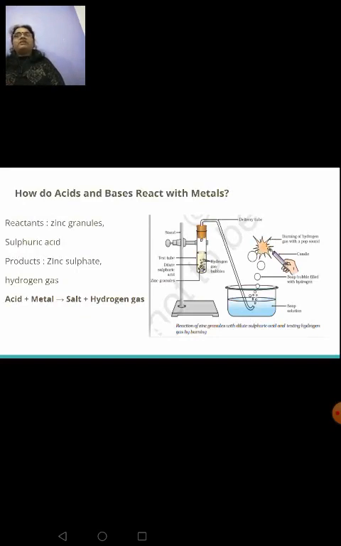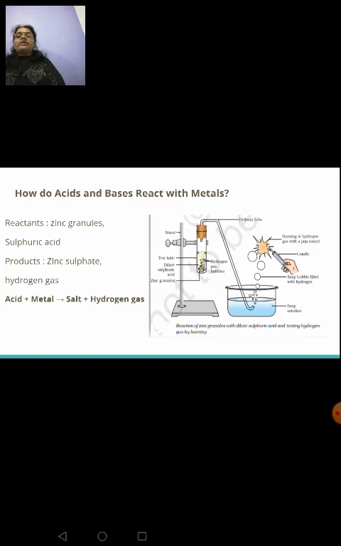In that, first I will talk about the reaction of acids with metals. Look at the experimental setup given in the figure. It has got a test tube, a bent tube, and we have to take some amount of zinc granules and sulfuric acid. You have to first drop in some zinc granules and pour sulfuric acid to that. What will happen? You will find some bubbles coming out. It's given in the figure also, see.